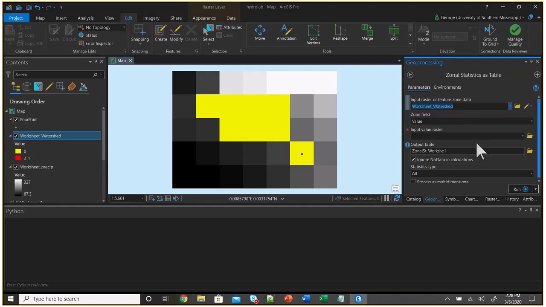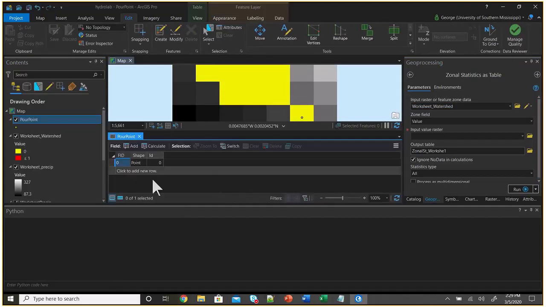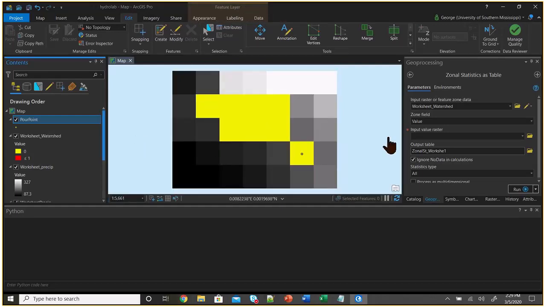Okay. So then the value field here, it doesn't matter. It is possible to delineate more than one watershed. Like you could have 2 points. You could put a point here, and you could put a point over here. You could delineate 2 different watersheds. And if your points were coded, if this point was coded 1 and that point was coded 2, then the watershed for this one would be coded 2 and the watershed for this one would be coded 1. All right? But most of the time you're just delineating one watershed, and ours was coded 0. This is where it got the code from, by the way. It got the code from there because we told it to use the ID field. All right, so